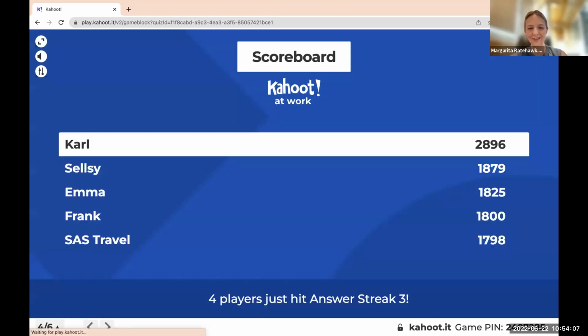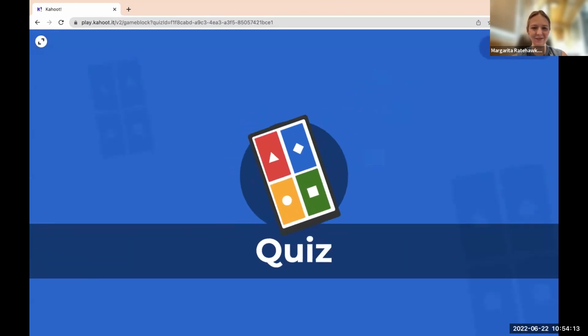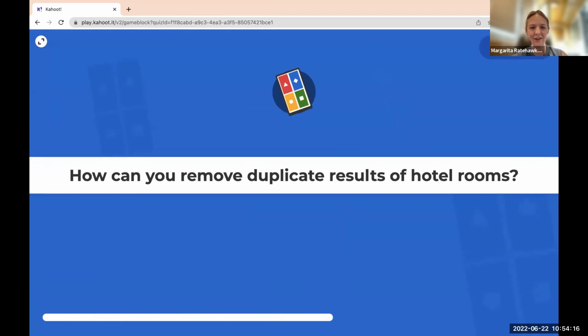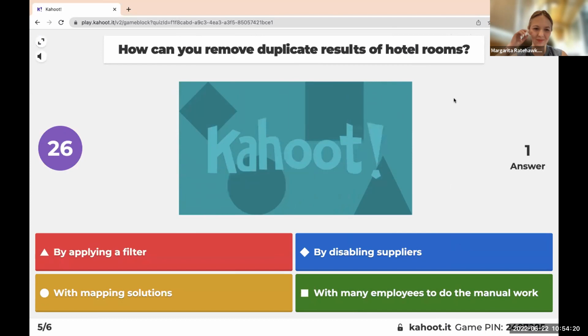Great. So let's move forward. How can you remove duplicate results of hotel rooms?